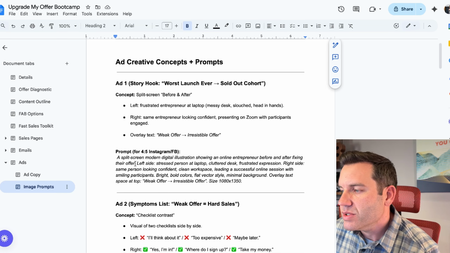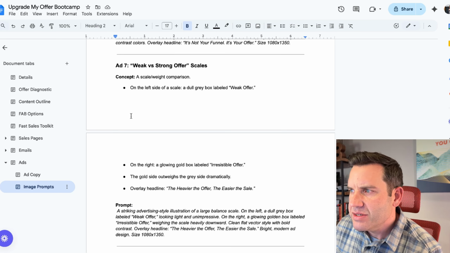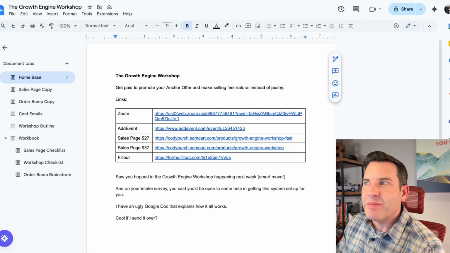And I thought it was really cool. So this was all of the image prompts that it gave me based on different hooks and things like that. I'll give you one more example of a home base I used on the workshop I hosted before the Upgrade